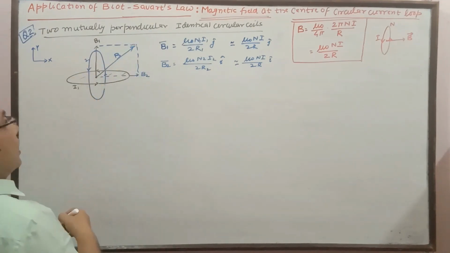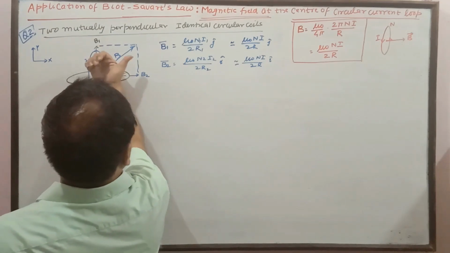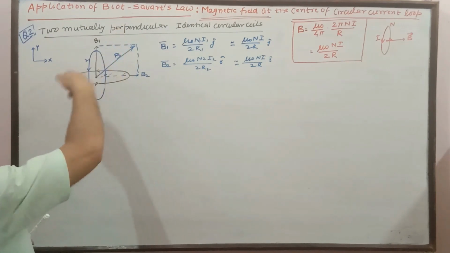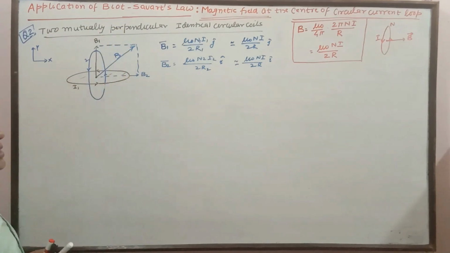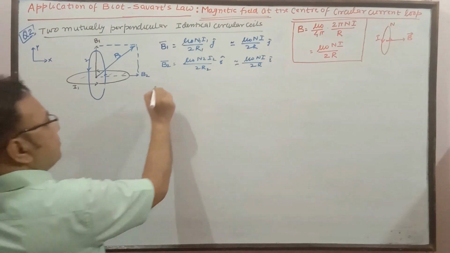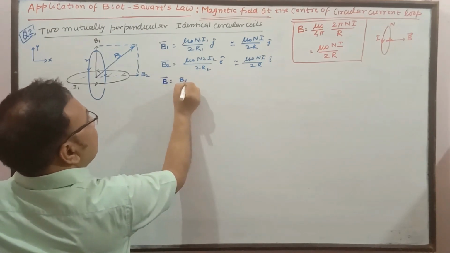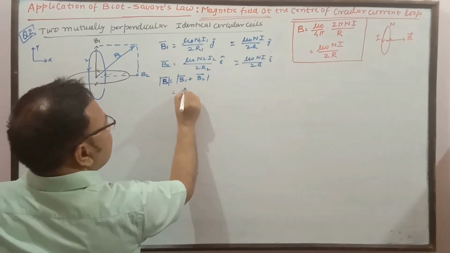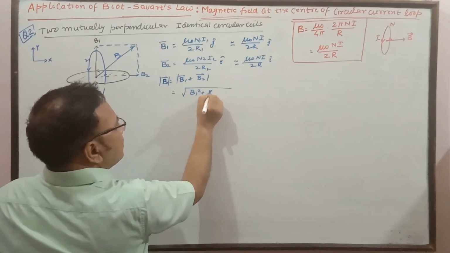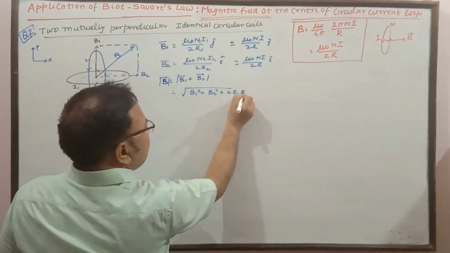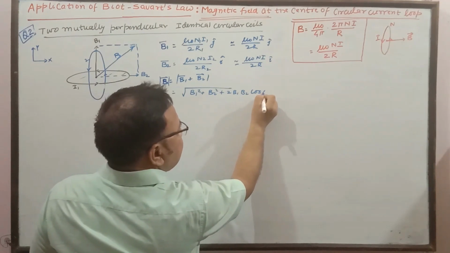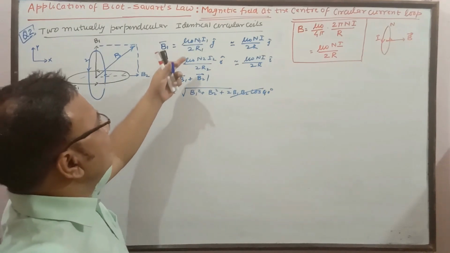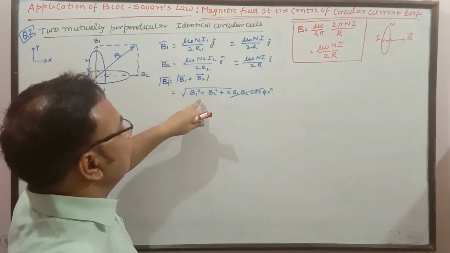Even the orientation of current, here what we see, the orientation of current is like this, so the field is in this direction. Here the orientation of current is this, so it is upward. If current direction changes, then also the magnetic field in the same way is going to change. Here the net magnetic field is the vector sum of these two, and you know how to find out the magnitude of these vector sums. So if you find out the magnitude, it is simply giving you B1 square plus B2 square plus 2 B1 B2 cos theta. Here theta is 90 degrees, so you just put cos 90, so this term goes out. So only you have to find out the value of B1 and B2 and put it here in the magnitude.